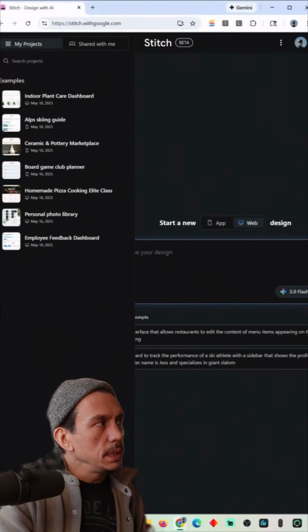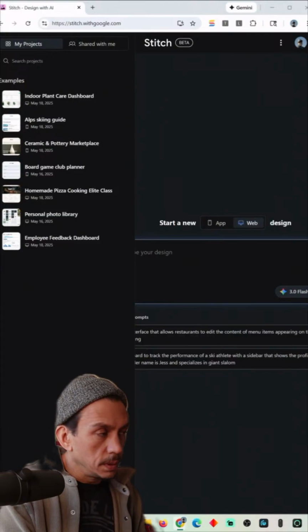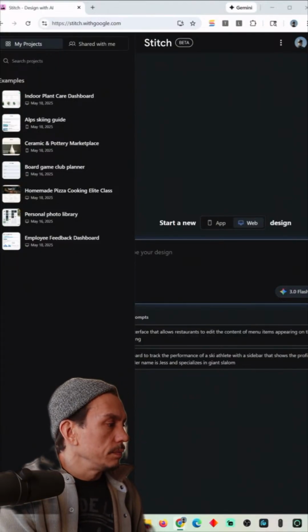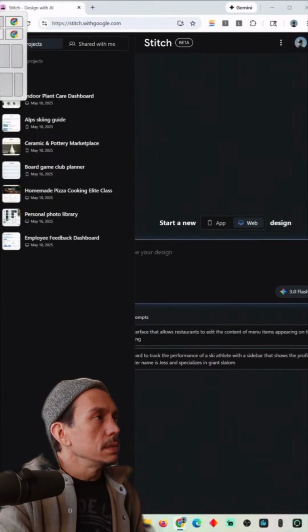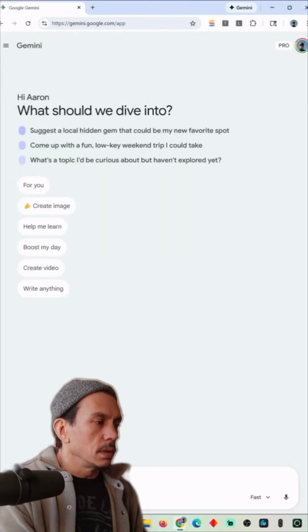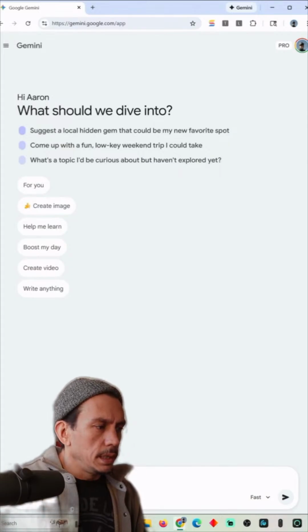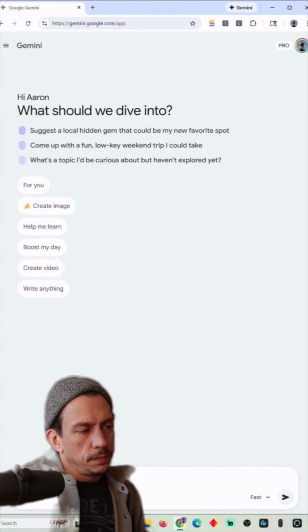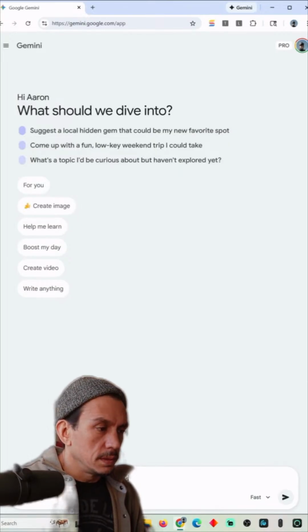And I'm just going to go to Gemini real quick and try to come up with a prompt. So help me. And actually here, let me just throw Gemini up on the screen so you can see what I'm doing in real time as opposed to guessing what I'm doing. All right, so help me generate a prompt for Google Stitch. Let's just say specifically what we're doing. So there's some context